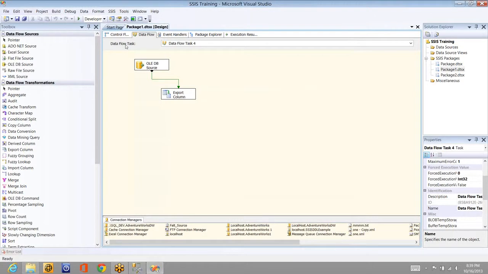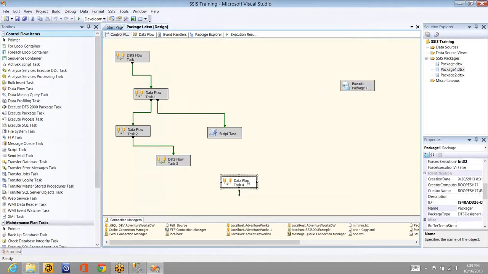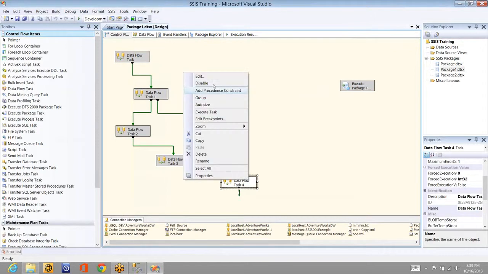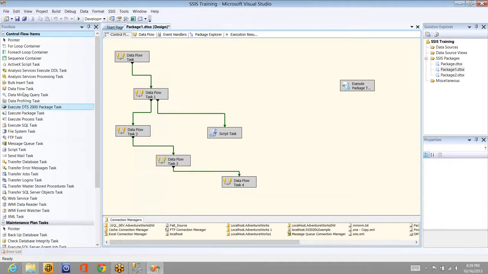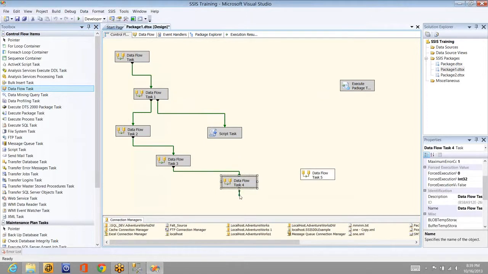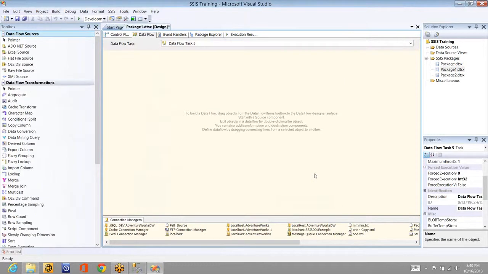The next one is a pretty tricky one, and it needs a lot of .NET experience. If you know .NET, then you can do it in a better way. Let me take a new data flow task to explain the same. The next one is the script component. It is very close to the script task that is available in the control flow items. There also you can go for some custom coding.